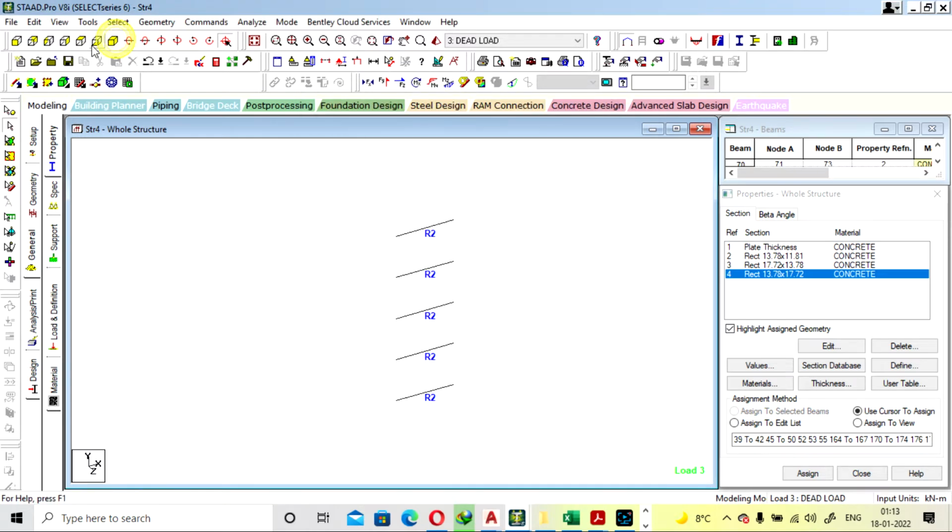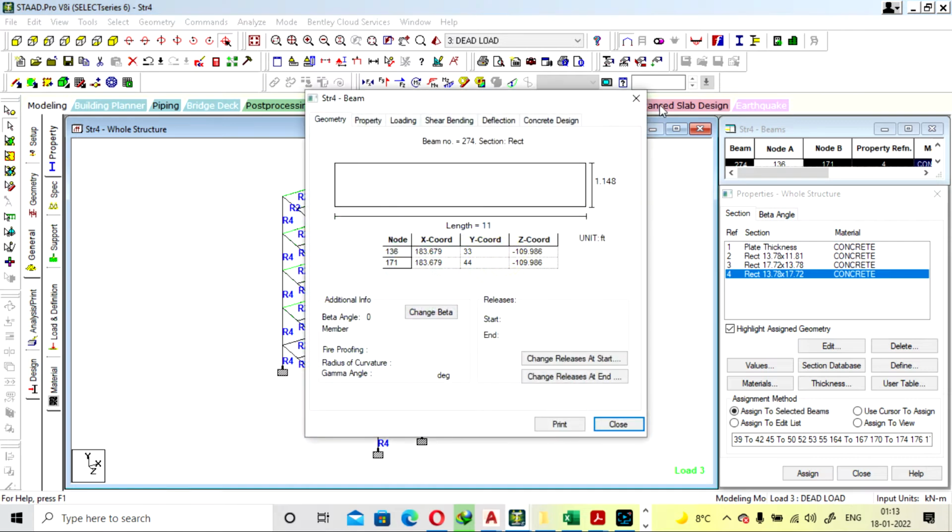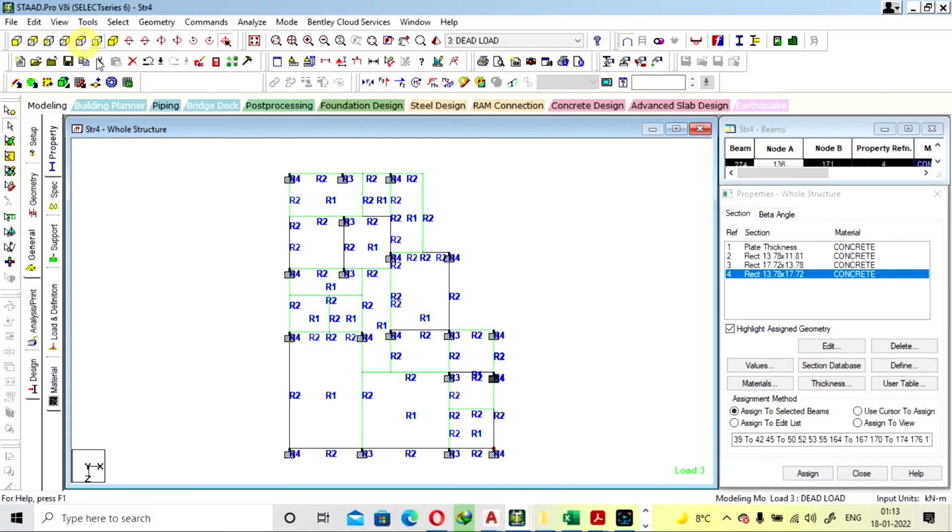So you have to check the column only. Because you have to increase the size or provide your column in these positions. Here, this position, and at this position. So this will decrease your bending moment for the structure.